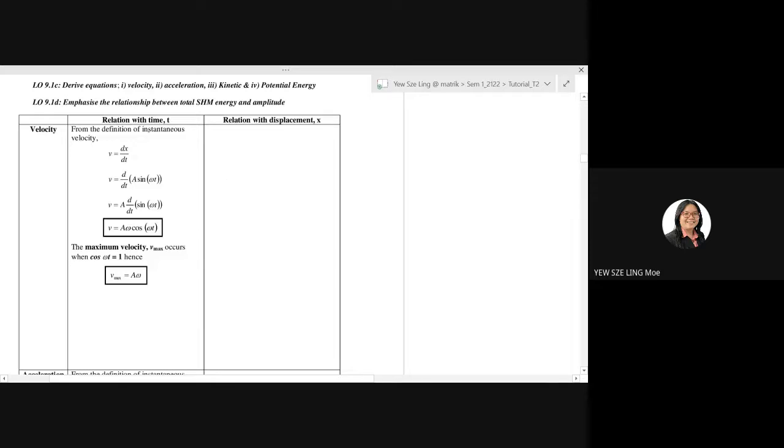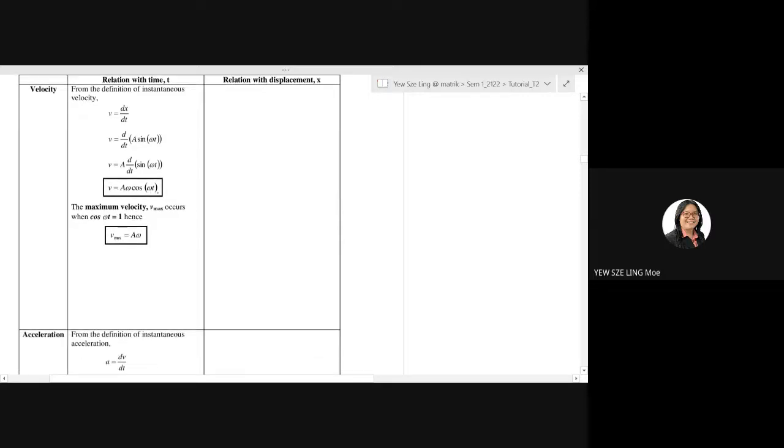So, relations with time. This is if you are given times and the question asks you to determine velocity. So these are equations in terms of time. But sometimes questions will not give you times. Questions will ask you to determine velocity based on the displacement given. For example, it tells you your object is located at 5 cm from the equilibrium position. What is the velocity? You don't have any information about the time. So you can use the equations in terms of displacement,